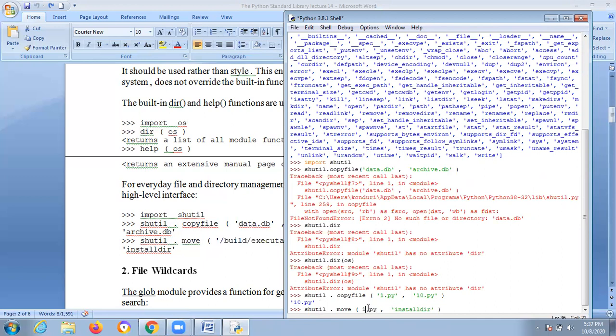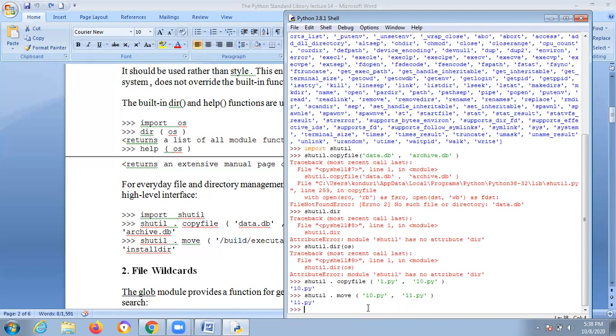Assume that you have 10.py, and assume that you have another one, 11.py. So 11.py will be there because you just moved to 11.py only. That's why it depends. This is the example of the operating system interface.